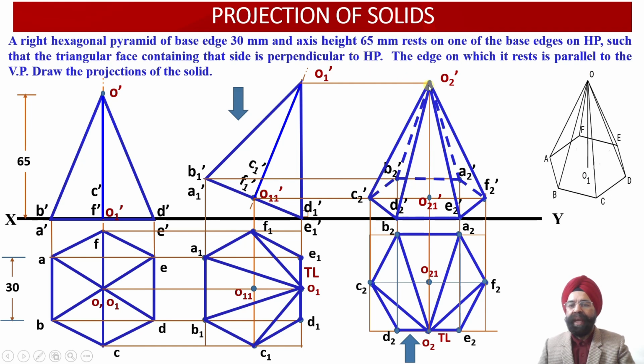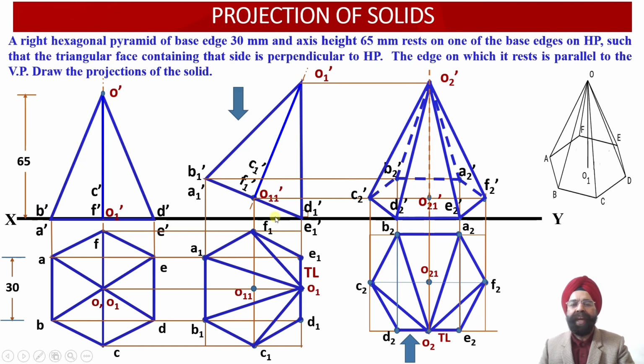Now if we join O2 dash and D2 dash and O2 dash and E2 dash, these two slant edges will be visible to the observer over here. Now we can join the axis, that is O2 dash and O21 dash over here. So the axis of this pyramid has also been located in the elevation projection view. So with this, we complete the discussion regarding obtaining the orthographic front view and top view projections of this oblique